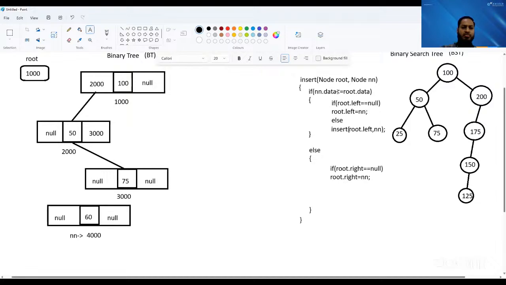Is it less than the root? Yes, true. Root dot left, is it null? No. We'll call the insert function again with root dot left as your root. So now the root becomes 2000. NN is 4000. NN dot data is 60. Is it less than root dot data